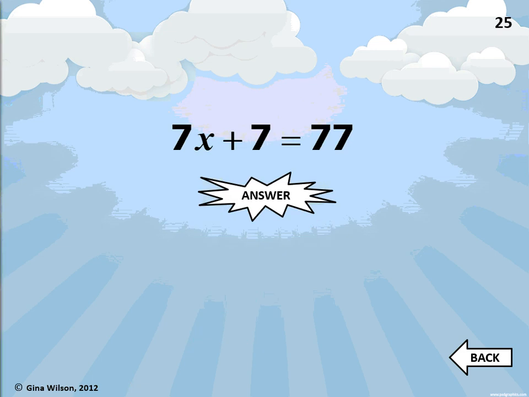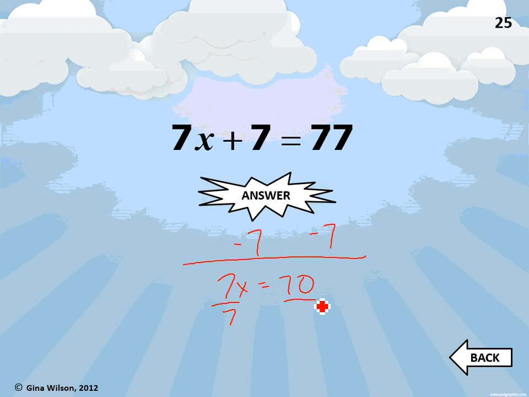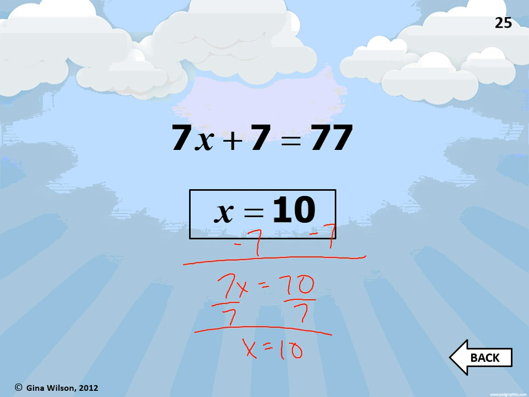Good job for hanging in there. This one you can probably do in your head. It's probably going to be 10. Let's take a look. 7x equals 70. Divided by 7, x equals 10. I know I went through that really fast, so make sure you pause it, go back